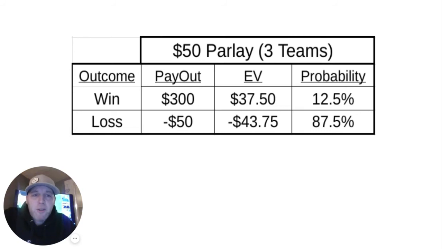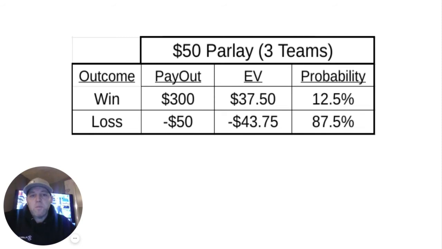Now, the average sports bettor, we can assume, wins 50% of their bets. So they'll lose each leg of a 3-team parlay half the time, which means the probability of winning a 3-team parlay is roughly 13%. And you're going to lose a 3-team parlay roughly 87% of the time. You'll win 13%, but lose 87% of the time. So basically, if you did 100 different 3-team parlays, you'll likely win 13 of them and lose 87 of them, which on average means for every 8 3-team parlays, you'll win 1.